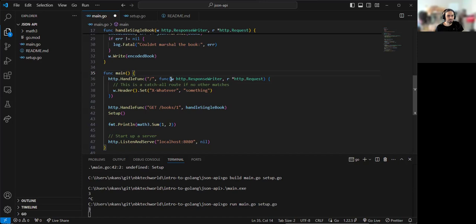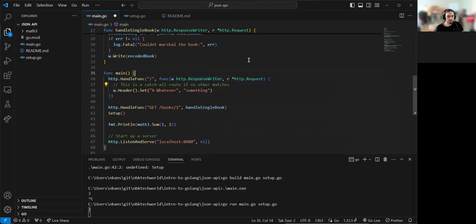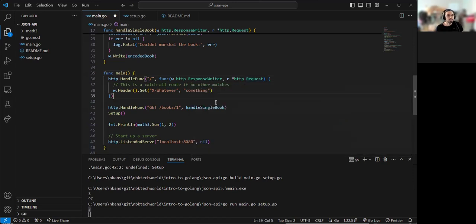For example, what is W, right? Usually I would say object. That's not really an object. It's a type, response writer. And it just happens to be defined as an interface. And this type definition here is like the typedef. It's like an alias. I don't know if you know about the C language, there's a typedef that you can alias, so you don't have to type the thing over and over again. You can give it another name for a specific type. In this case, response writer is a type in itself, but it's actually an interface, and then request is a type too, but it's actually made using a struct. Anyway,